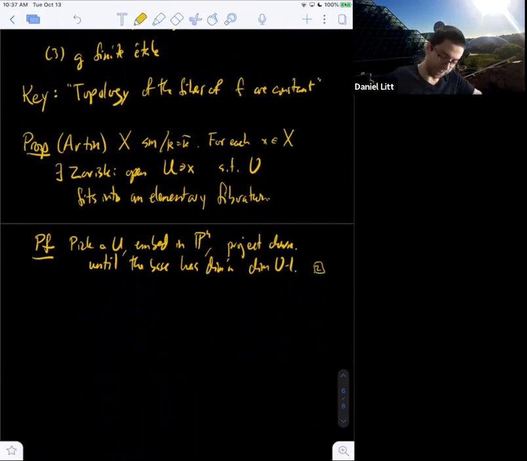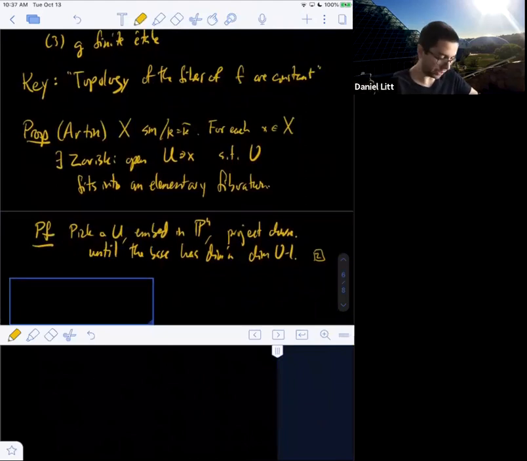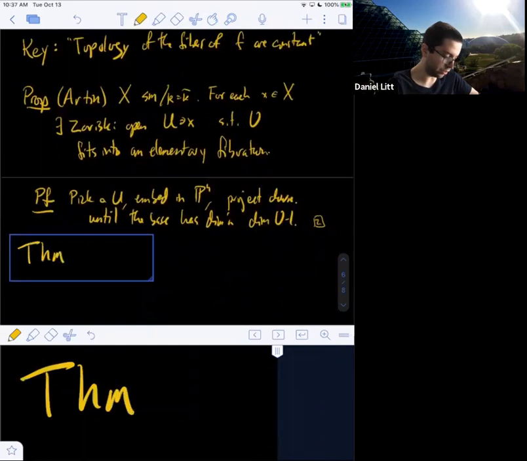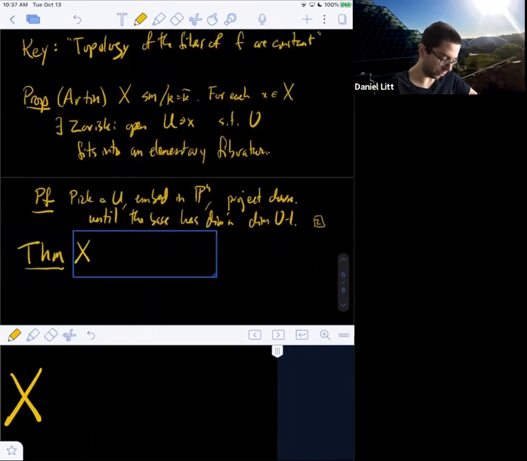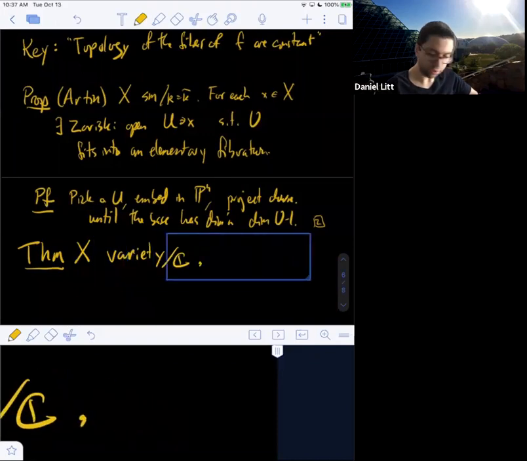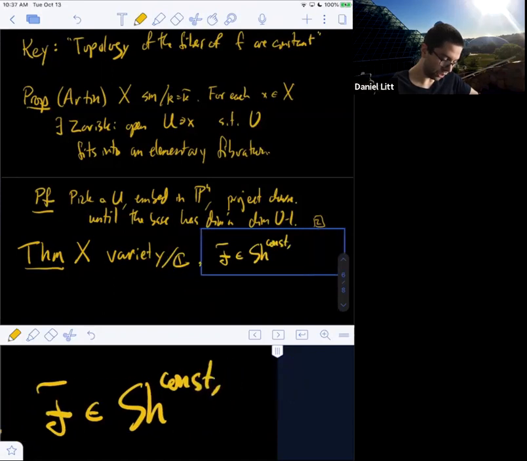All right, so then let me now state the main consequence. And we're not going to be able to prove it today, but we'll, I think, probably spend the rest of our time discussing what it actually means. So here's the theorem. Suppose X is a variety over the complex numbers, and F is a constructible abelian sheaf on X étale.